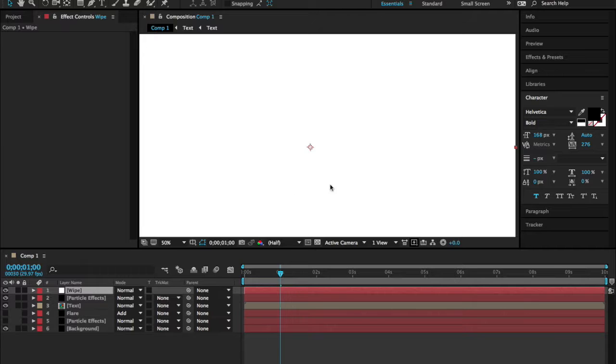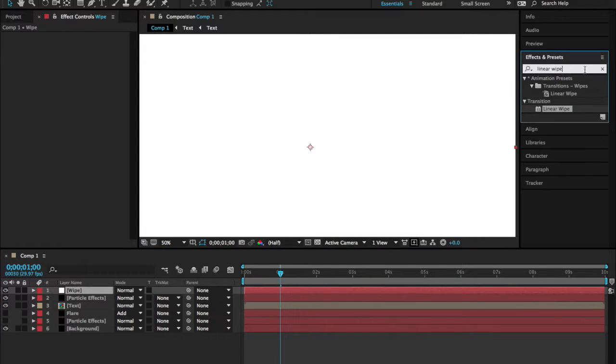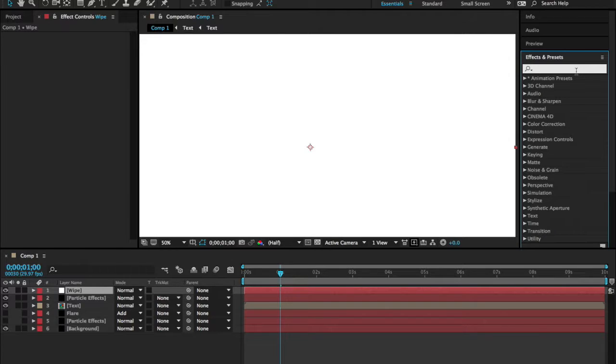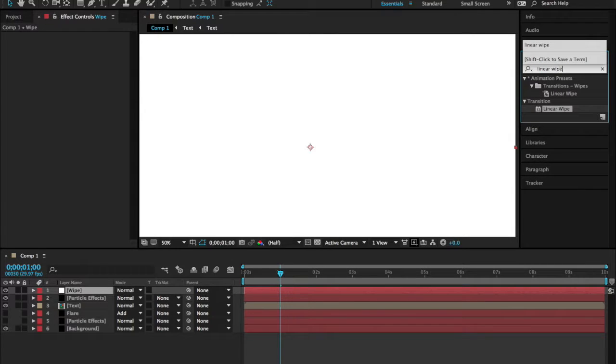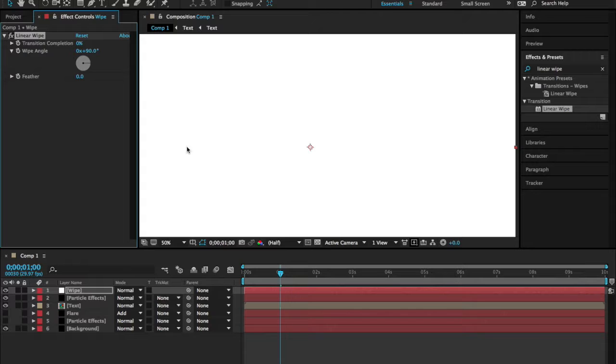I'm going to add an effect called linear wipe. So just come here and type it, linear wipe. You're going to find it. Left click and drag it to the wipe layer. This basically allows you to animate that particular background you created by just changing these values right here